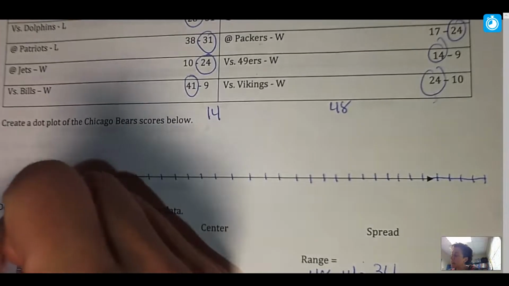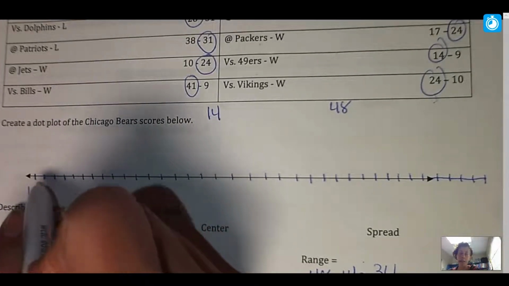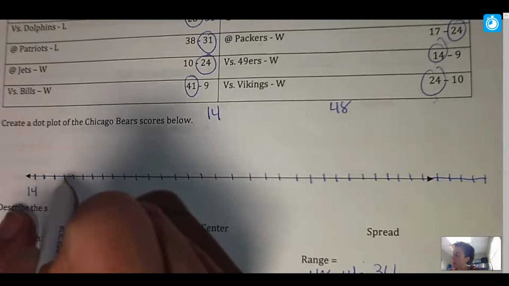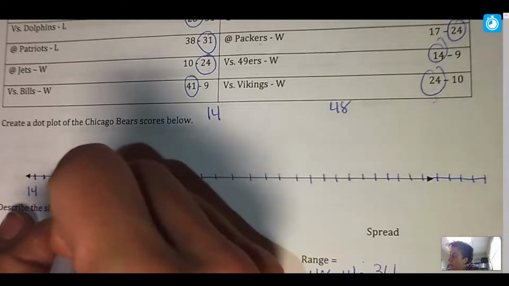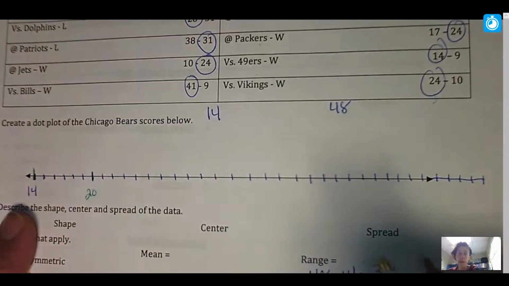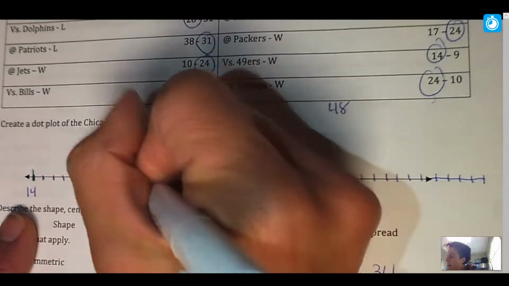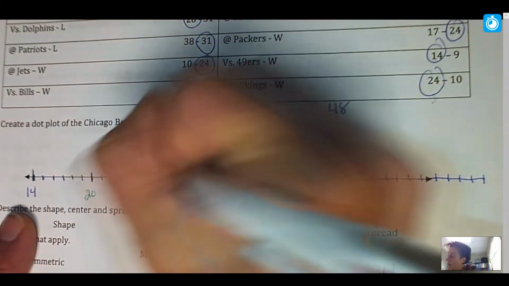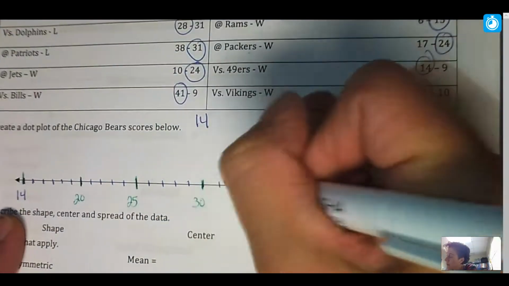So I'm just going to label not every number. So here's 14, 15, 16, 17, 18, 19. I think I'm going to put 20 to make these really stand out. And then I'm just going to go every 5 after that. 20, 21, 22, 23, 24. There's 25, 26, 27, 28, 29, 30,